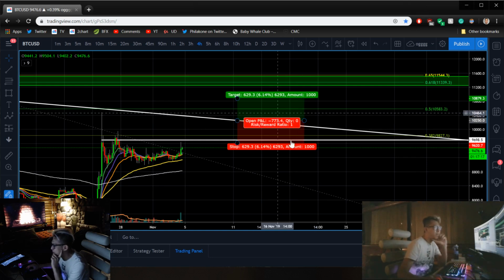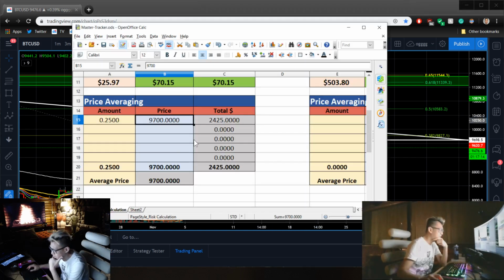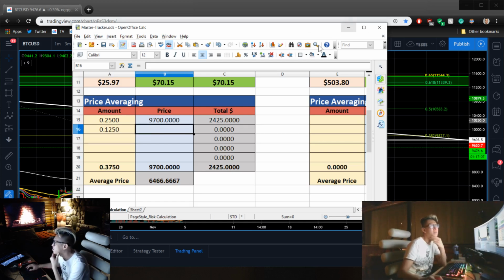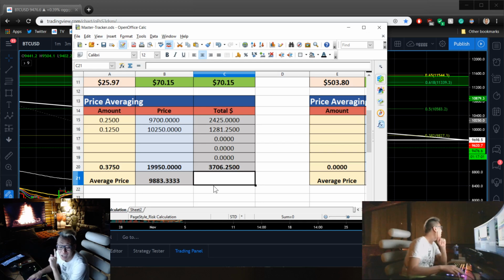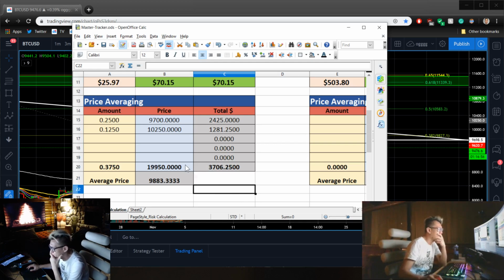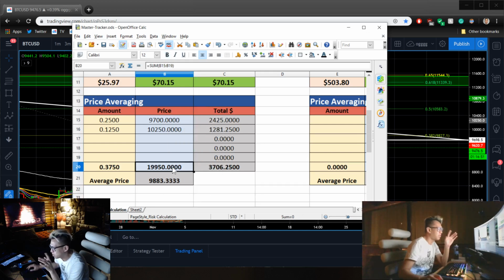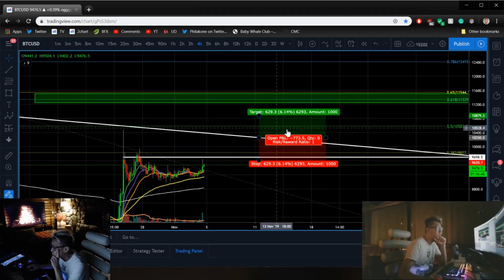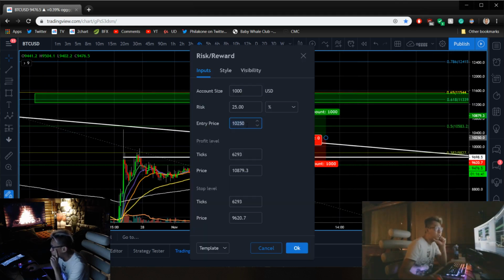So now I'm going to go with 200. Let's just say we ended up getting 0.125. That's it. Then we're going to buy this at 10,250. So now our base price is actually 9,883. That's basically what we're looking at right here. Don't worry about this section, this column; it's just for mathematical calculations. So now we actually get that confirmation we're looking for, and then the next entry would be around